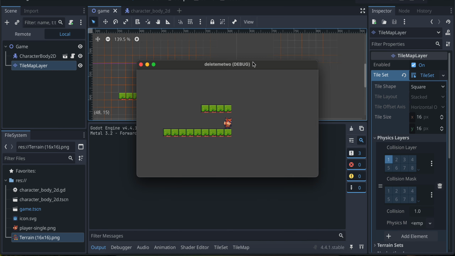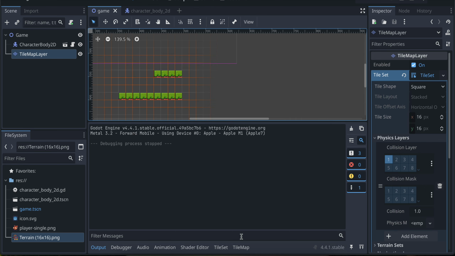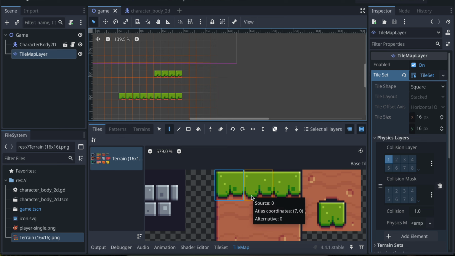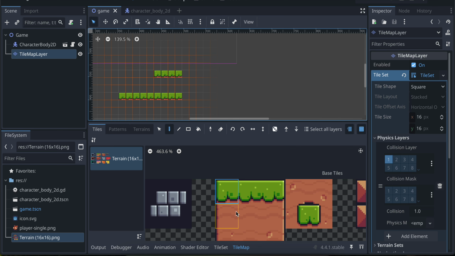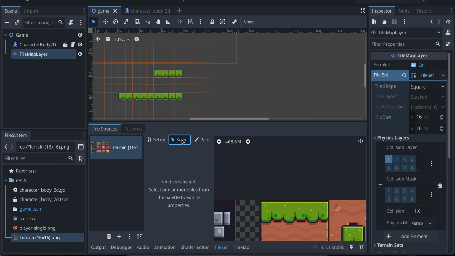Okay, I'll come over here and try to jump. Here you can see it is hitting my head, so it is not a one-way tile map. So what we can do is go to tile map layer, go to tile map. Now the best way to do this, I want some of these tiles to be not one-way tiles and some of these to be one-way tiles. So the easiest way to do it, to avoid confusion, is